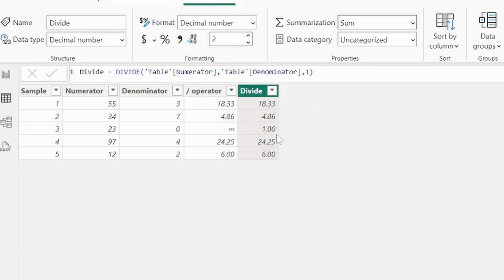So now you can see why this divide function is convenient, because it saves your expression from having to first test all the denominator values. Now over here we have a sample set of 5 rows, but let's imagine in your data model you have tens of thousands of rows. You are not going to have a look in each and every row to check if there is no value of 0 in the column. So it's recommended that you use the divide function over the divide operator whenever the denominator is an expression that could